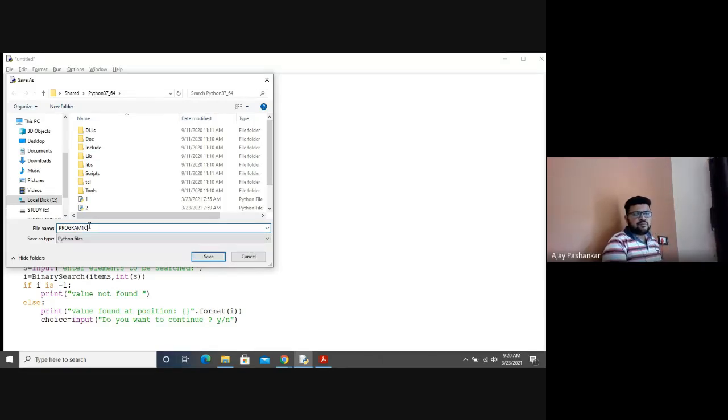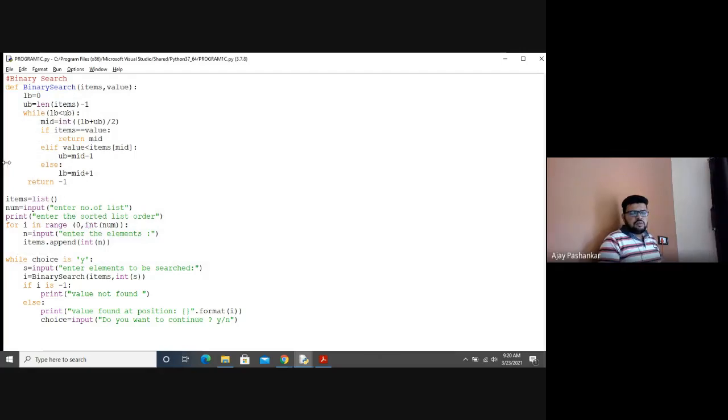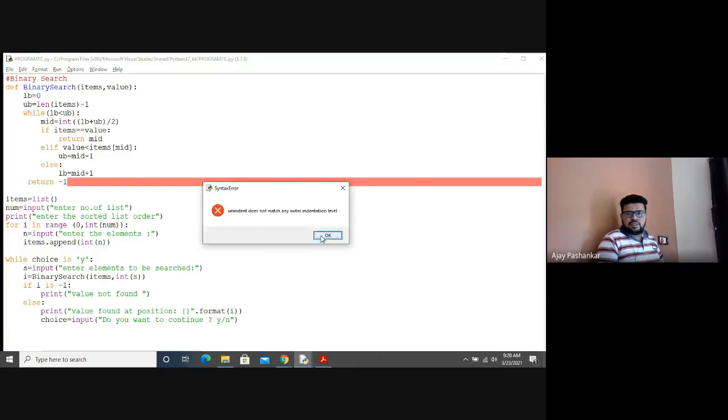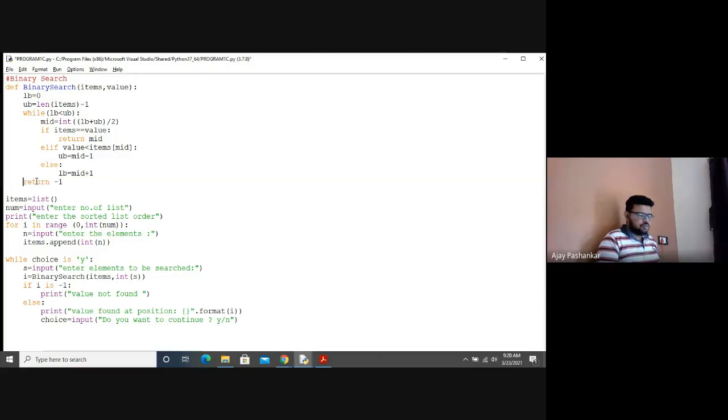Don't worry, I'll compile this program and zip it and mail it to you, or instead I can upload that on your classroom. The error says indentation does not match outer indentation level. Okay, no issue.